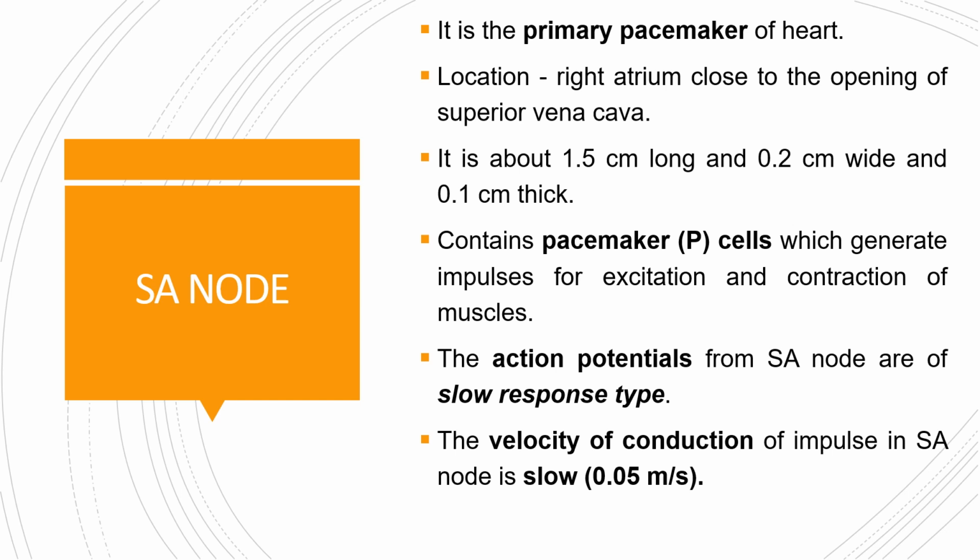It is fusiform in shape with longitudinal striations. The pacemaker cells can generate and discharge impulses more rapidly than any other pacemaker tissue in the heart, and that's why the P cells or the pacemaker cells are responsible for the impulse generation in the heart. Okay,